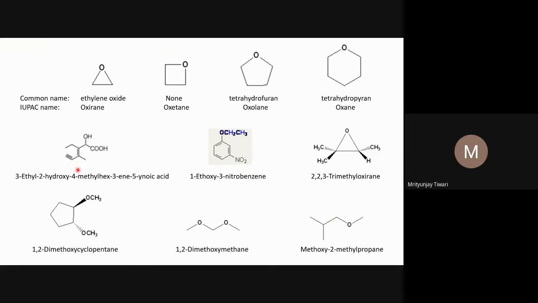And for the naming of this compound, this is the principal functional group, and these are subordinate functional groups. So 1, 2, 3, 4, 5, 6, this is the principal chain. The substituents are at the second position hydroxy, third position ethyl, and fourth position methyl. So ethyl comes first, so 3-ethyl, 2-hydroxy in the IUPAC order, E, then H, then M, then 4-methyl,